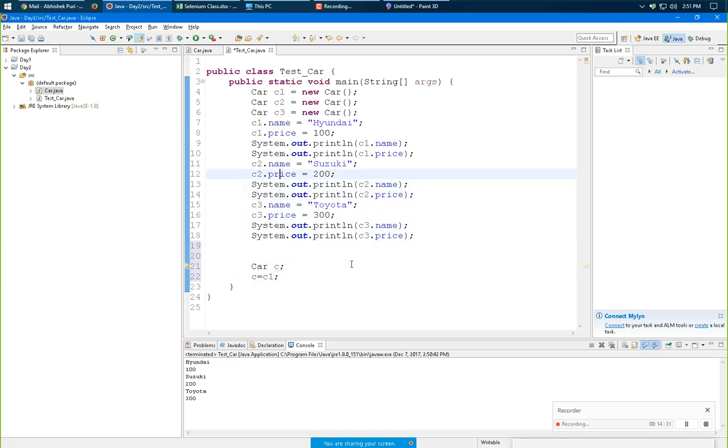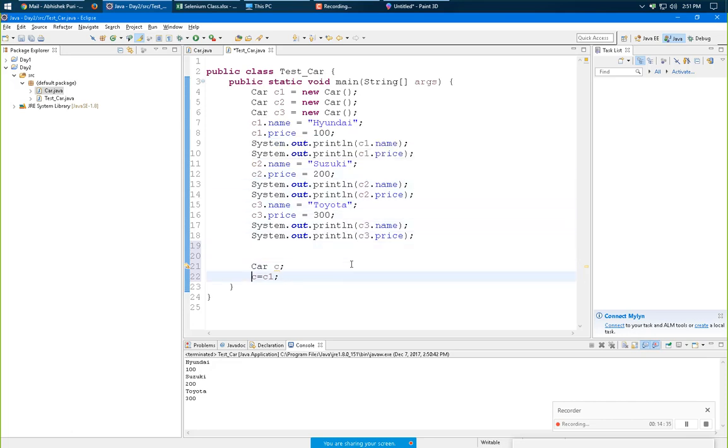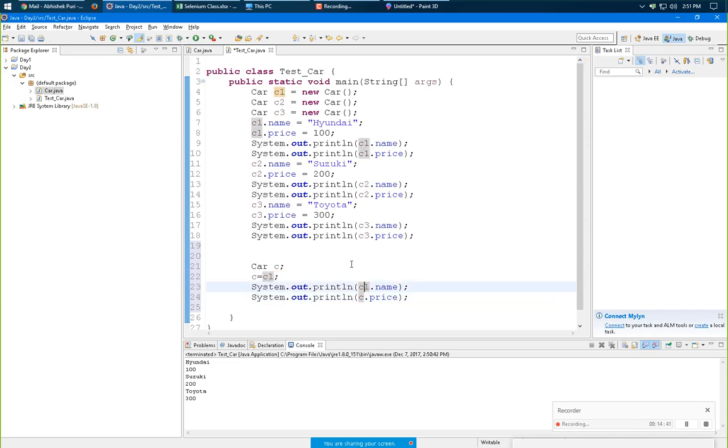Now in the same code, if I print it again, see, C1 had the car name as Hyundai and the price as 100. So when I execute it, it says Hyundai and 100. It is using the object of C1.